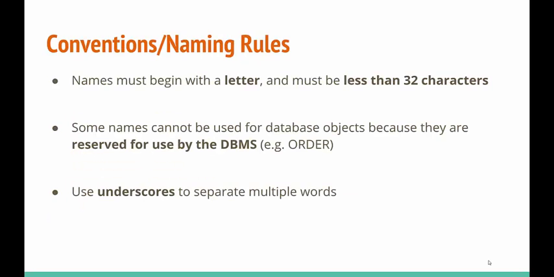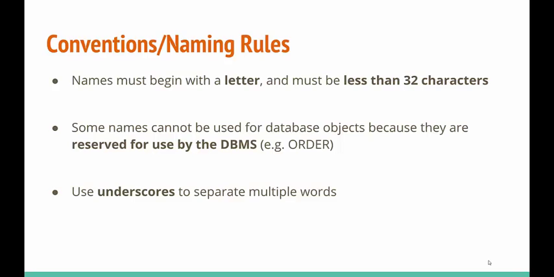When it comes to how we name things, there are certain conventions we should follow. SQL is a standardized language, but every vendor has slight tweaks that they add to it. Names, generally speaking, begin with a letter and must be less than 32 characters, whether they be table names or field names. This is a good convention to follow. We certainly don't want excessively long names, and it helps to adhere to many of the rules that the DBMS